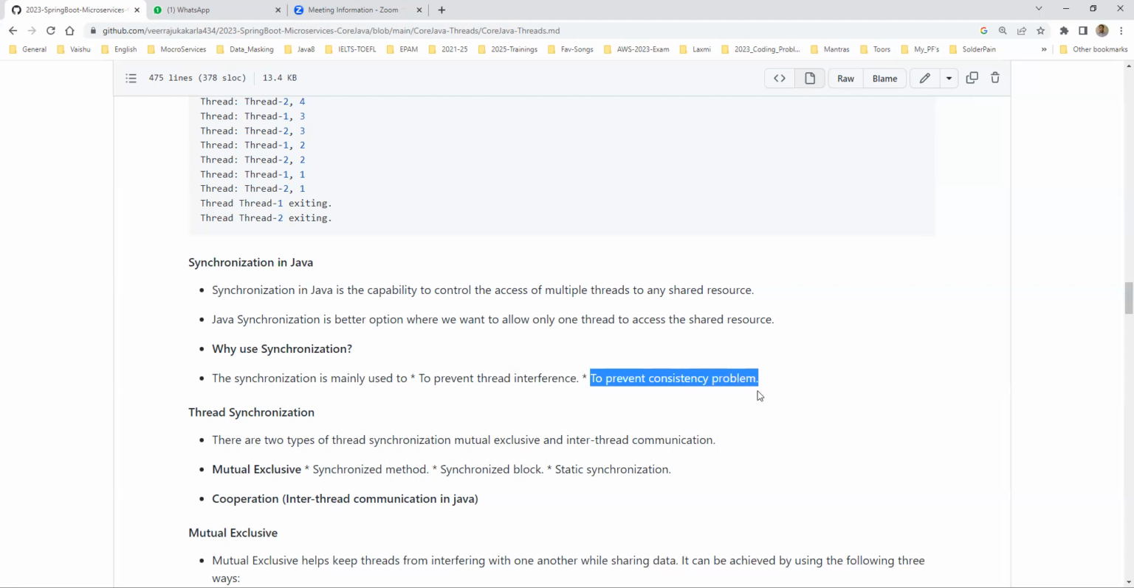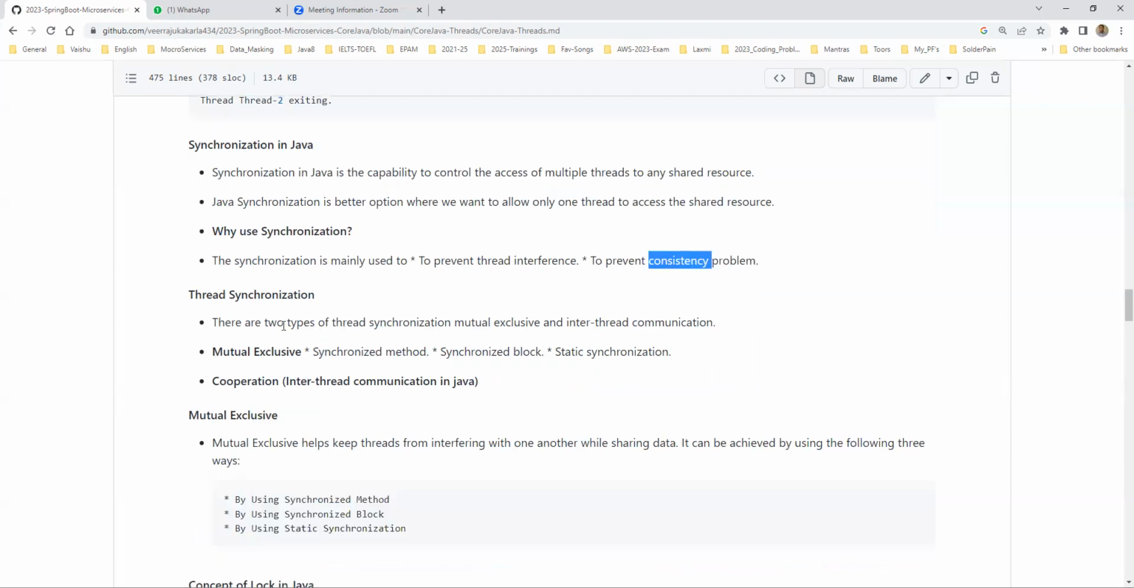So whenever we don't get that sequence of data, we can prevent this inconsistency. So we will get the data in a consistent way. Okay. 9. Thread synchronization. So manual execution, like synchronized method,